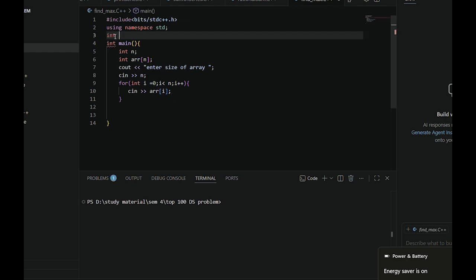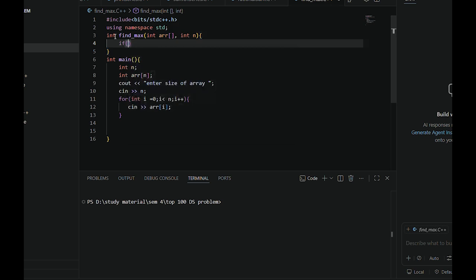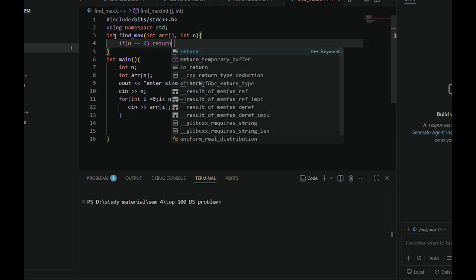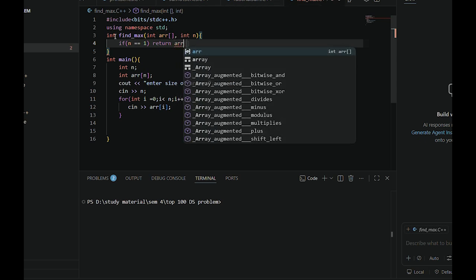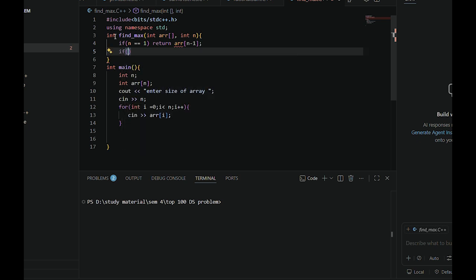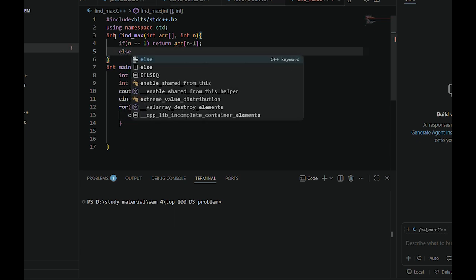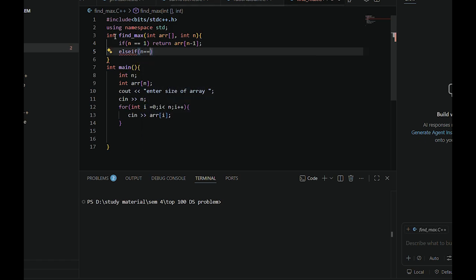and here we will create findMax, which will be our recursion call, and here we'll pass the array and n. We will give the base case: if n is equal to 1, then return array n minus 1, else if n is equal to 0, then return -1,